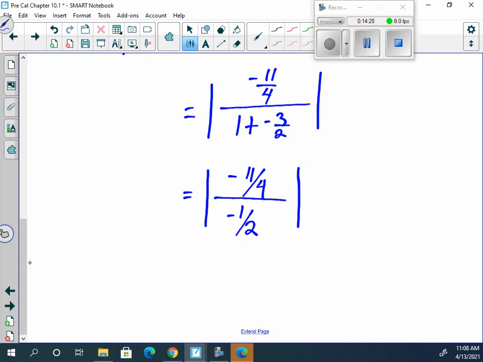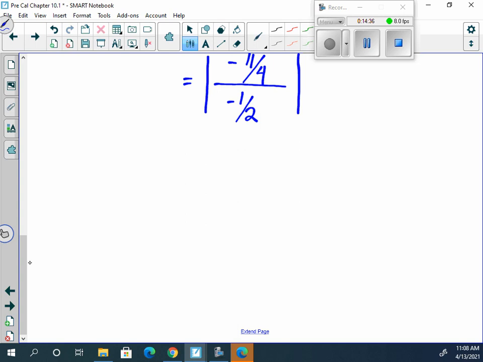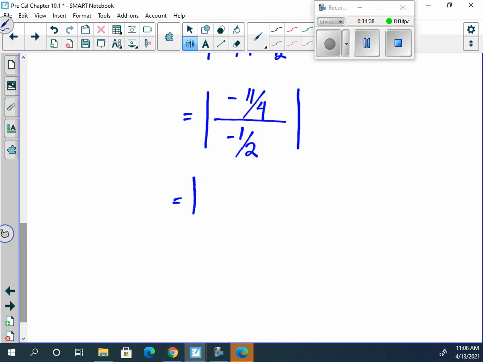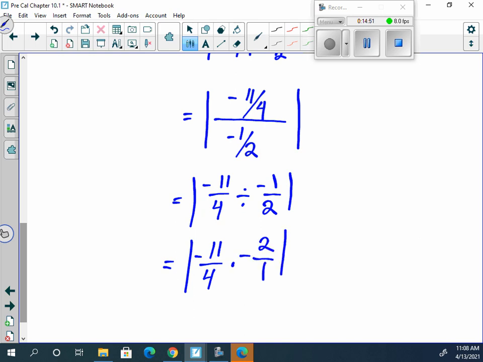1 plus negative 3/2, because I have 1 would be 2 2's. So negative 3 plus 2 is negative 1. Now this here would be the same as saying the absolute value of negative 11/4 divided by negative 1/2, which would be the same as saying negative 11/4 times negative 2/1, which gives us